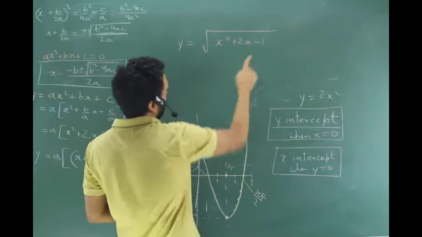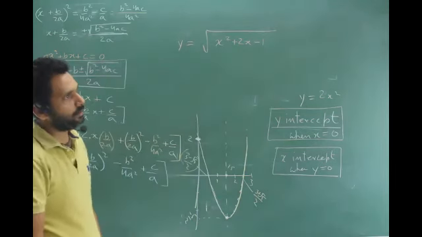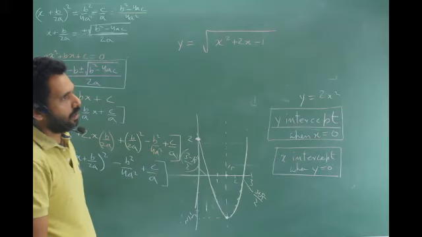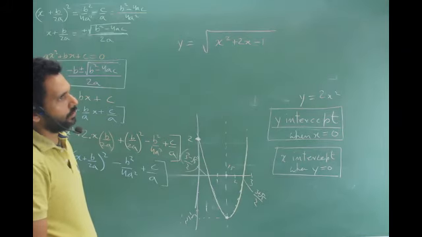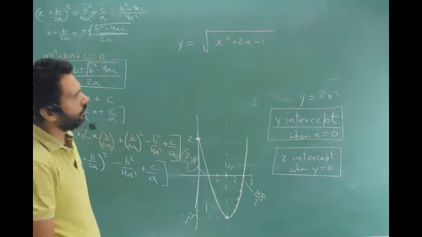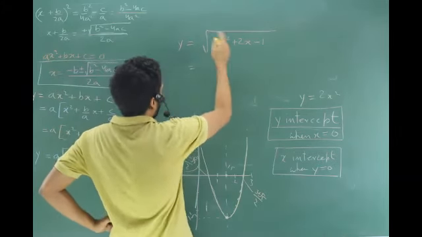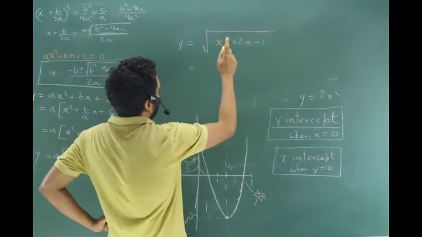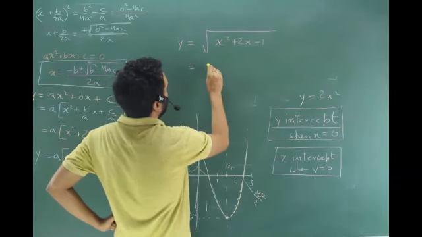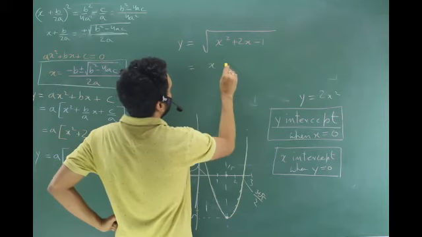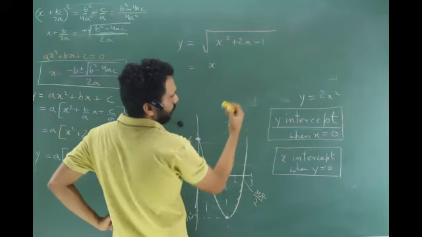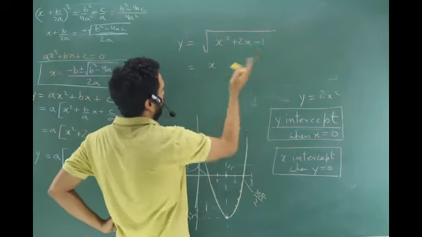How will this graph look like? Anybody? How will the graph look like? A normal x plus 1 graph. Let me just see. If root is there, I know root is there, but x square, I don't think this is in course. We are not doing it, but since I've mentioned it, I'll just do it for you.